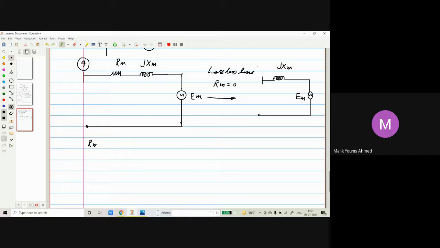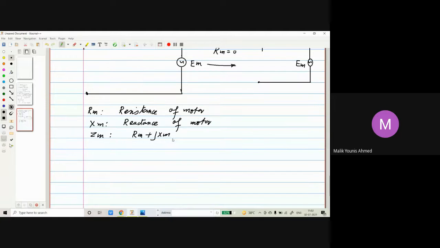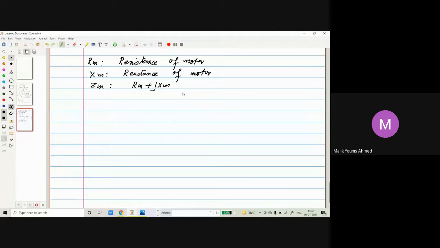So Rm here is the resistance of motor. Xm is the reactance of motor. And then Zm is the impedance of the motor, which is equal to Rm plus jXm. Okay. Now, if we have to represent the generator